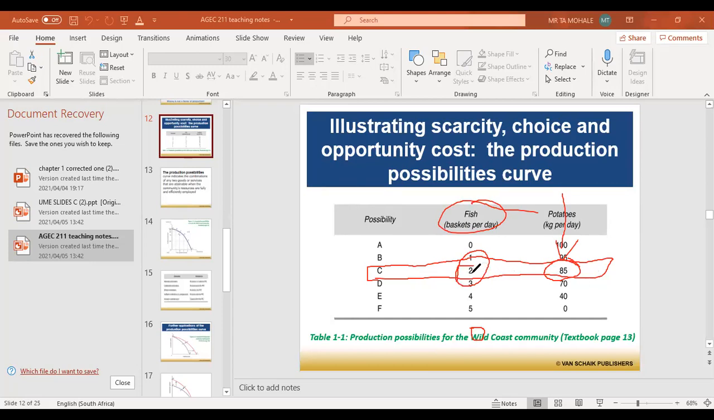So the answer is 2. So you will say 5 minus 2. Therefore, the opportunity cost of producing 85 kgs of potatoes per day is 3 baskets of fish per day. This person is losing the production of 3 baskets of fish per day. This one you understood it. If you did not, yes. Okay, thank you. Then we can go to